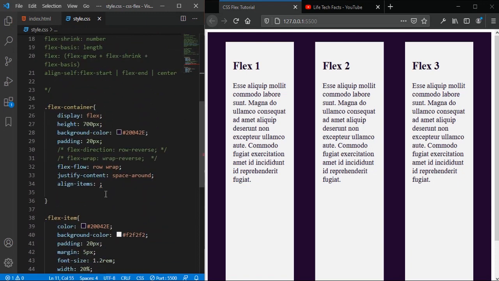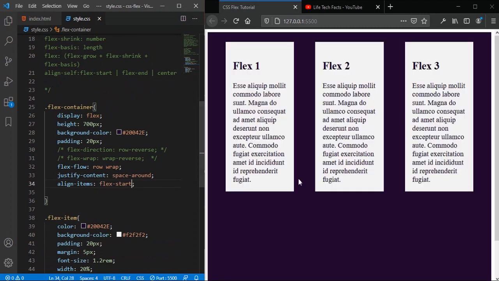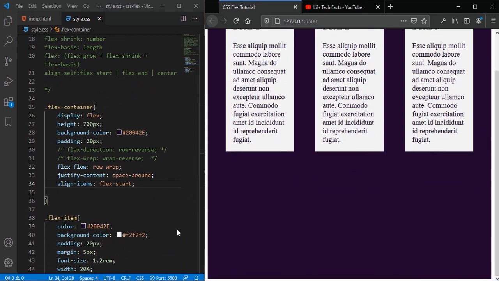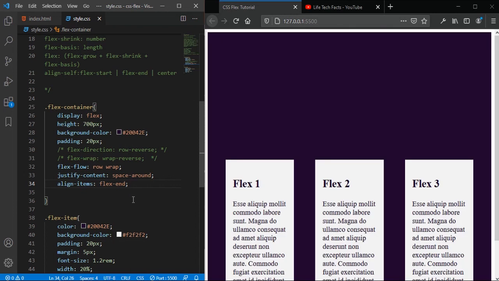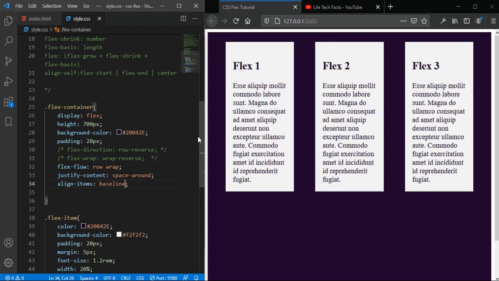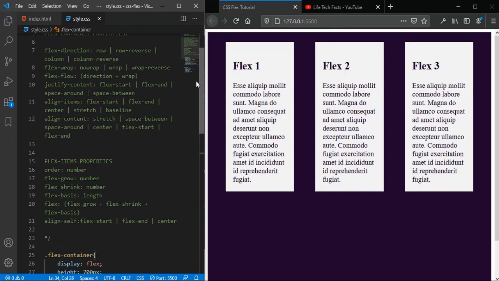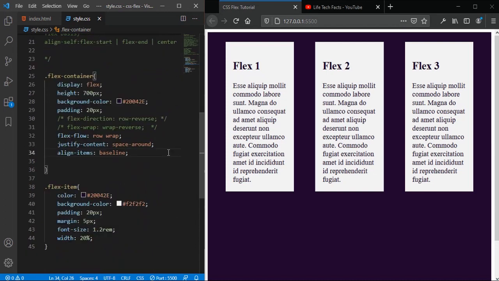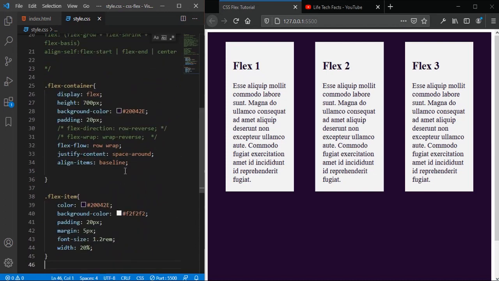So let's put it to flex start, so we can see it aligns to the beginning of the flex container at the top, leaving all of these spaces. And then apart from flex start, we can have flex end, we can see that, and then we can have baseline, I think. So for the baseline,